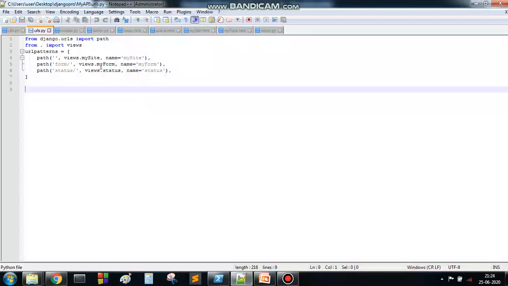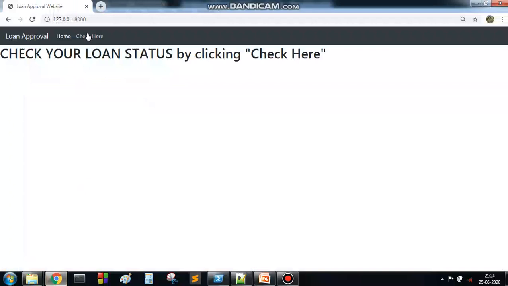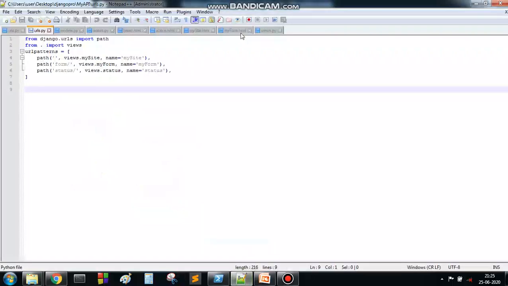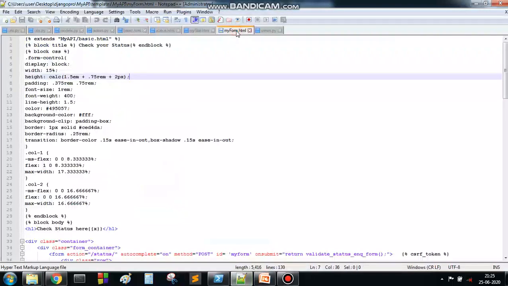We have already written the code for myform. If I click here, it will redirect to a particular web page which has a form inside it. Now let's examine the myform HTML.